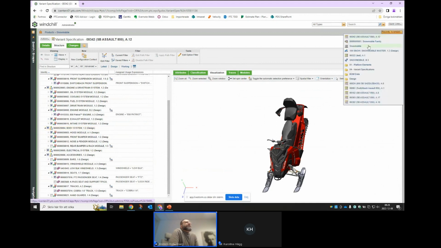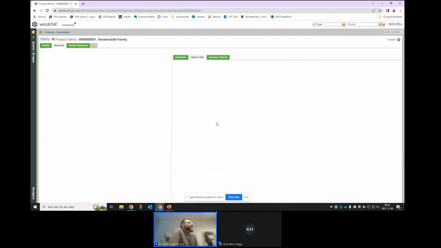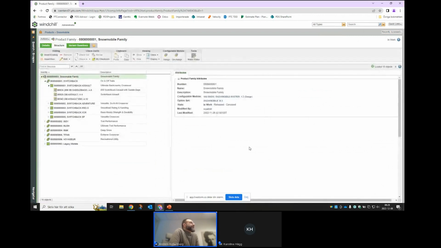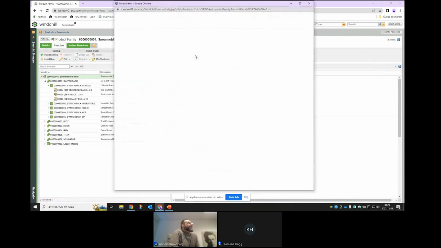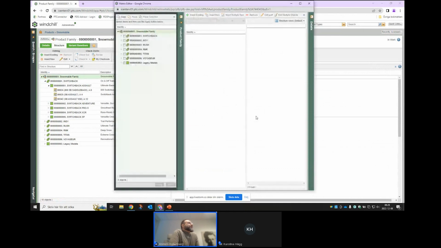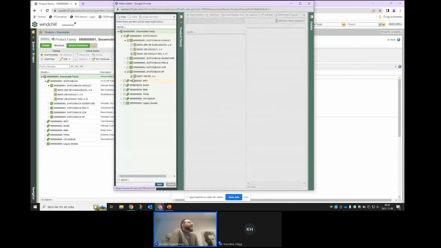Enough about that. Back to the family. So we had another capability called the matrix editor, and I'll quickly show you that as well. So when I open that, I can see here on the left the structure of the different variants I have, and I can select the variants I want to compare. In this case, I'll just compare the switchback result model, and where we have three variant specs, the one I just created, but also two that were there from before. So I'll click apply here